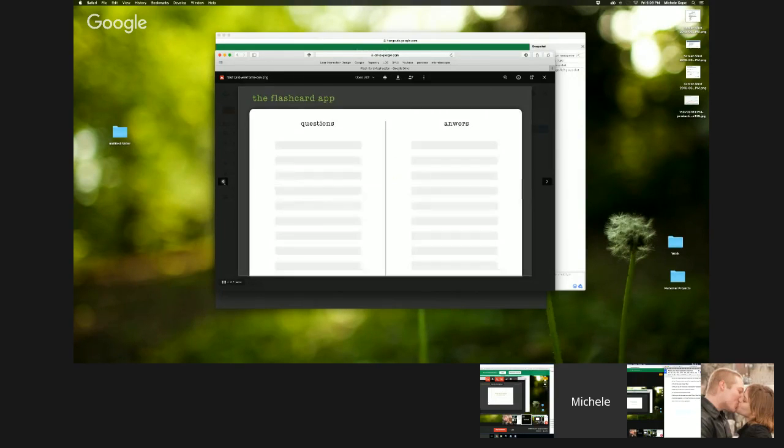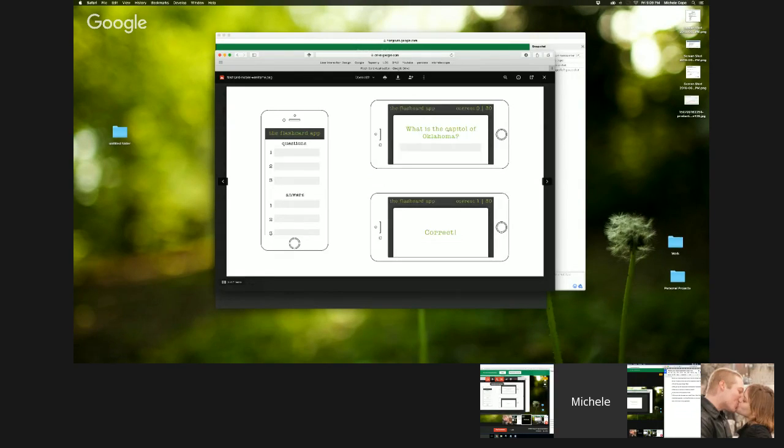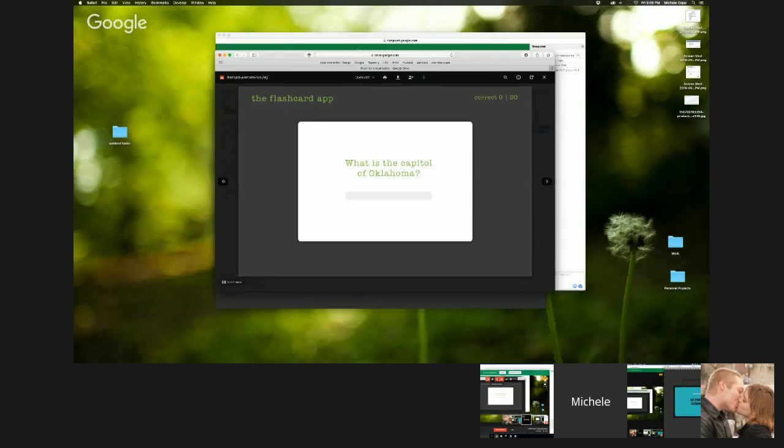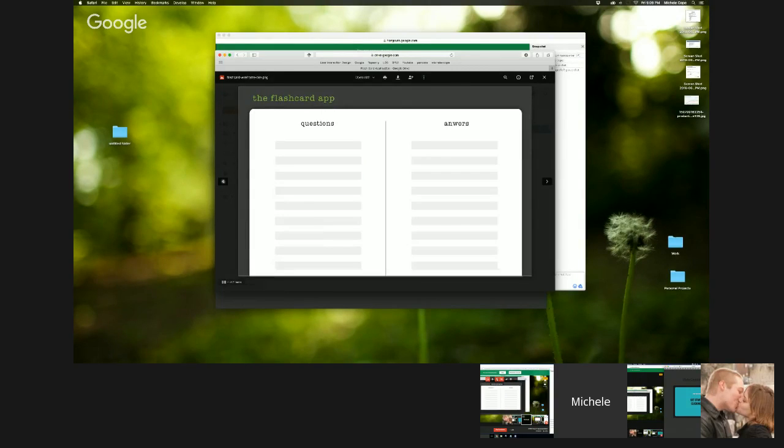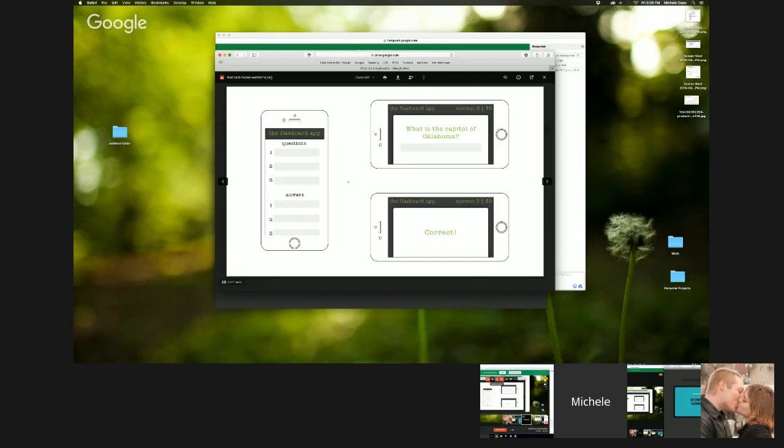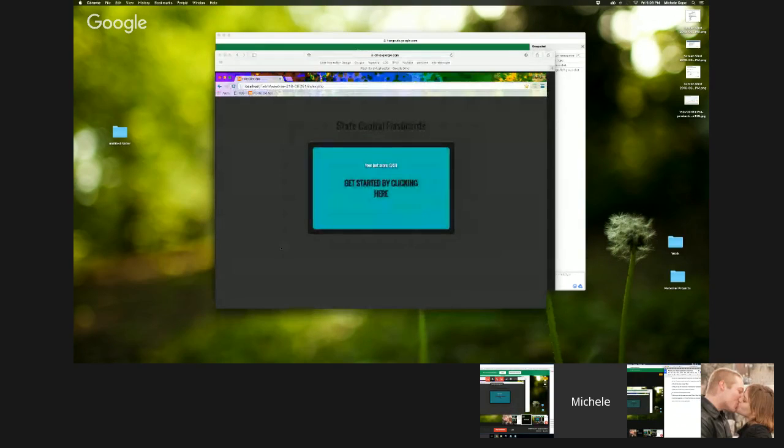That's not what we ended up doing. We ended up just making an application that already had the 50 states as the flashcards, and we hard-coded the answers into it because that seemed to be the most logical way to create our app at the time. And it ended up being a good thing because it was pretty challenging to create the 50 flashcards and make them dynamically change on their own. So that was the beginning of our app.